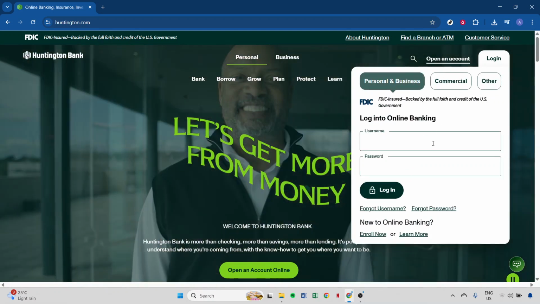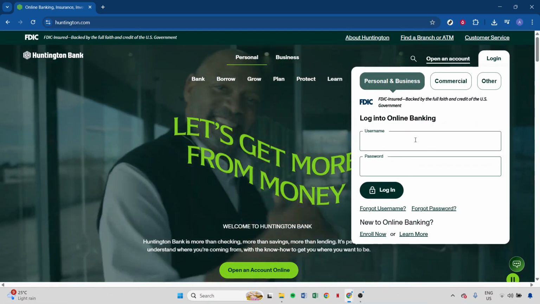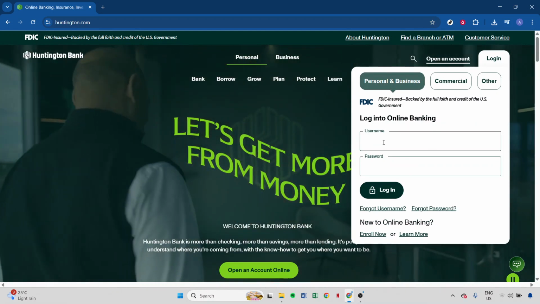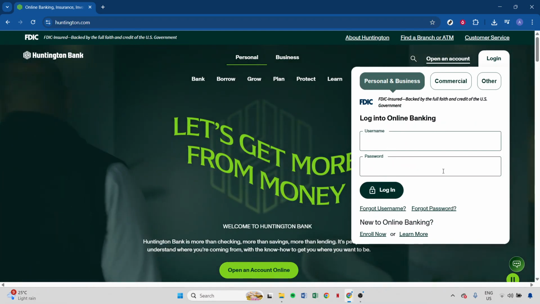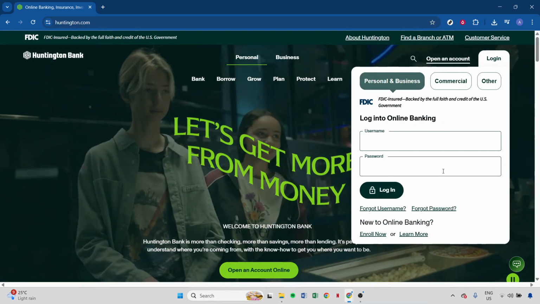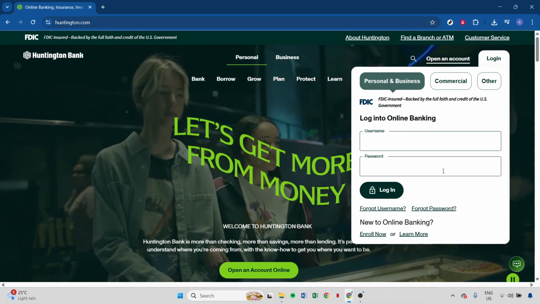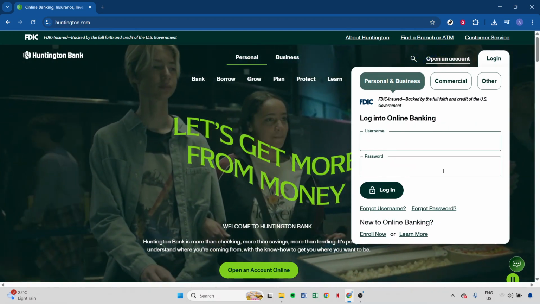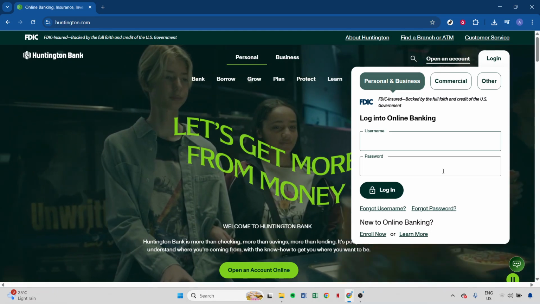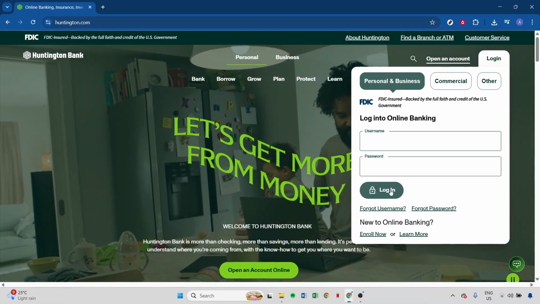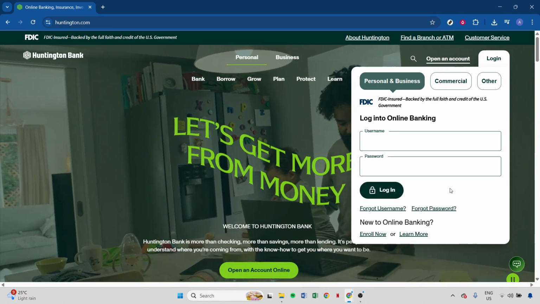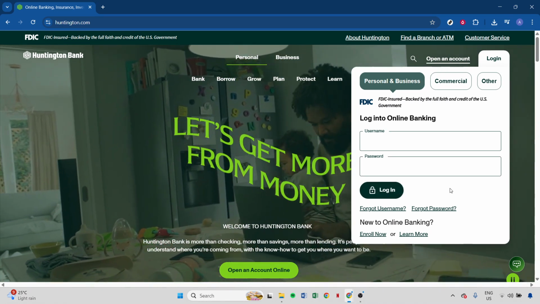Start by typing in your unique username into the designated field. Following this, enter your password with care, ensuring that all characters are entered accurately to avoid any login issues. It's always a good idea to double check both your username and password for any typos or mistakes. Once you have entered both your username and password, proceed by clicking on the login button. This step will submit your credentials for verification, allowing you to gain access to your account provided everything matches the